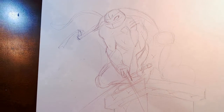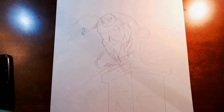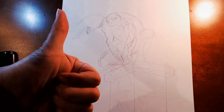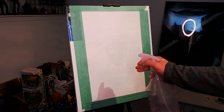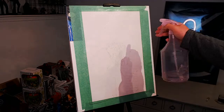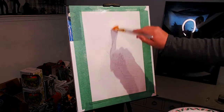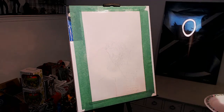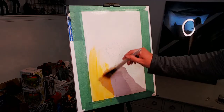Now that I'm pretty much happy with what I'm doing, I'm going to take this off the table and set it up onto my easel. This is the first time I'm using this thing, so bear with me with how I'm working with it. I've got a spray can full of water and I just soak the entire canvas so that I can do a wet on wet type of